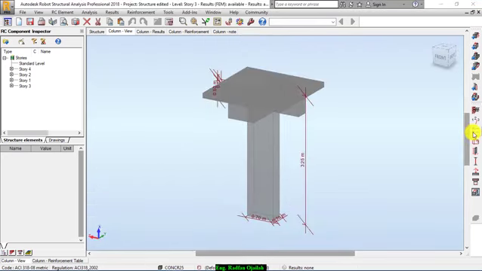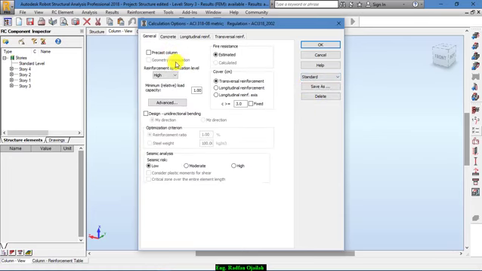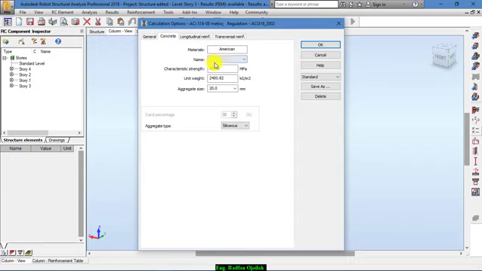We edit calculation options from here. On standard, from general, you want this one to be average reinforcement optimization level, and from here concrete 25,